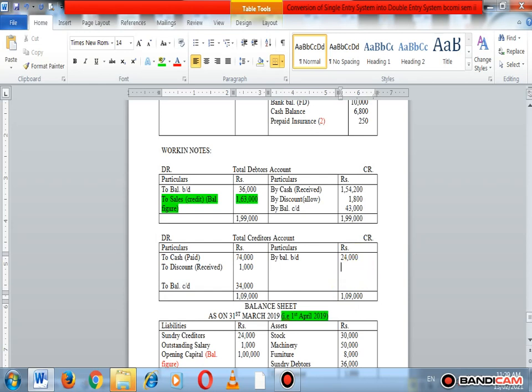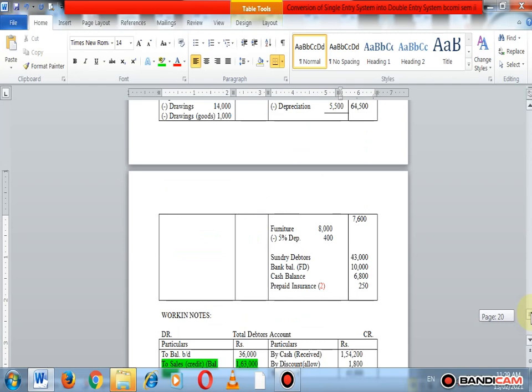That difference is 85,000, and that difference is called purchases (credit), the balancing figure. Okay, so we find the credit purchase also, amounted to rupees 85,000, and that credit purchase is added in cash purchase, but cash purchase is not given, so we